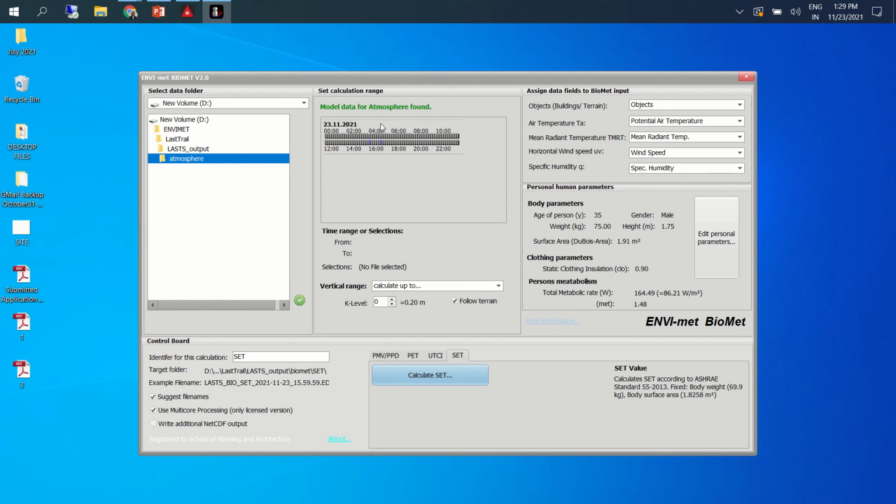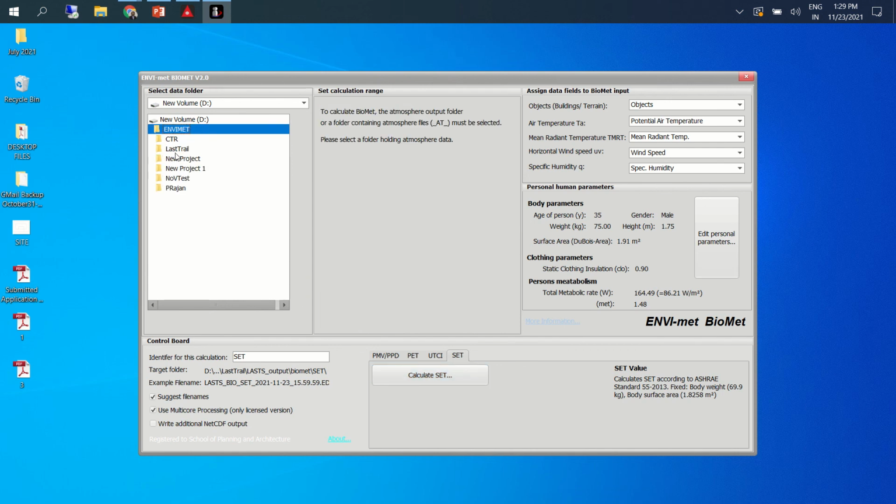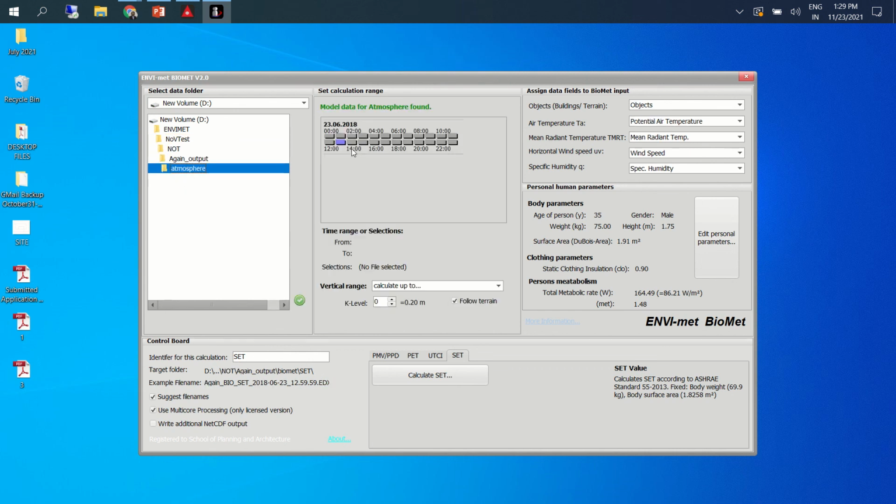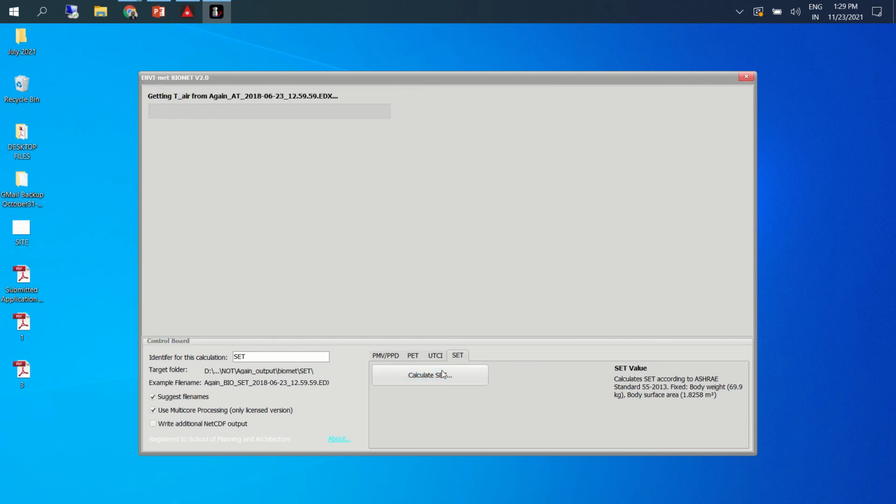We can actually calculate PET, UTCI, and set temperatures. Maybe let's see some other results. Okay, this one should work. I think something is wrong with that output.